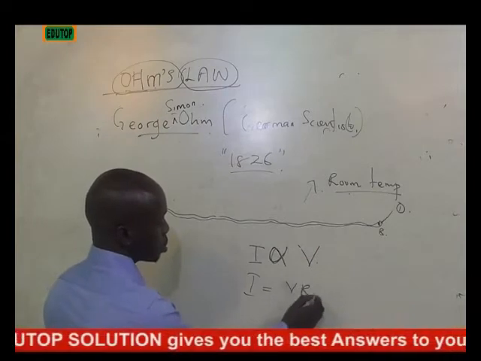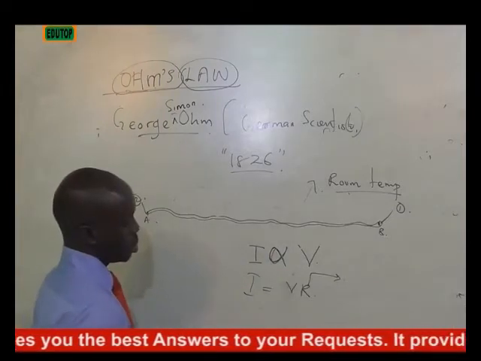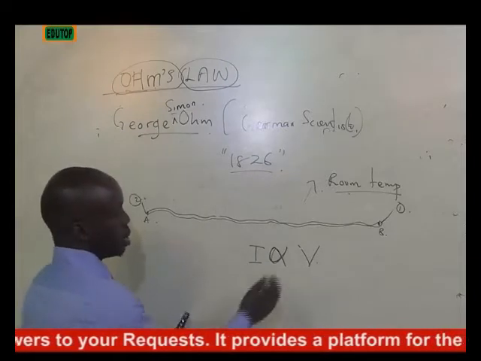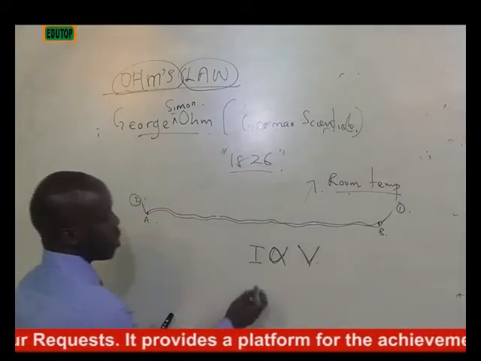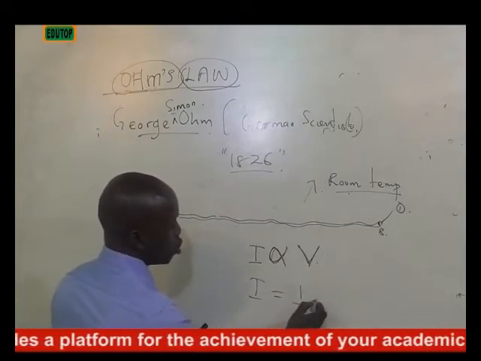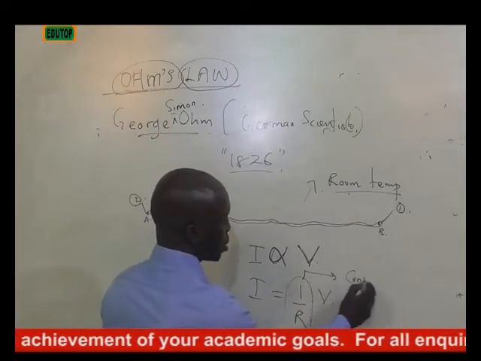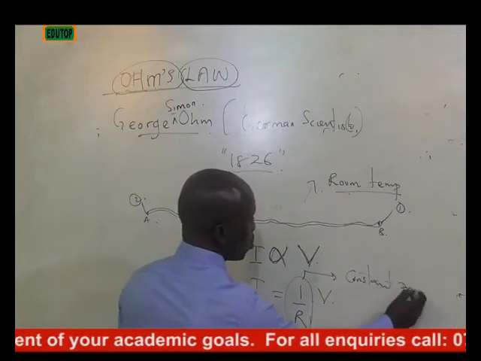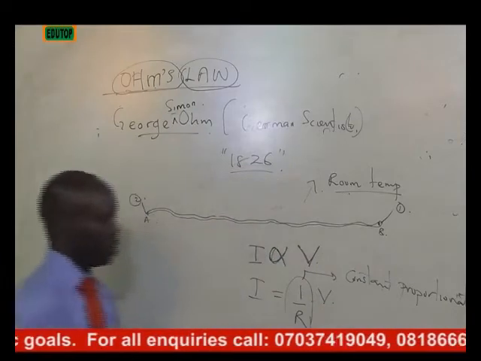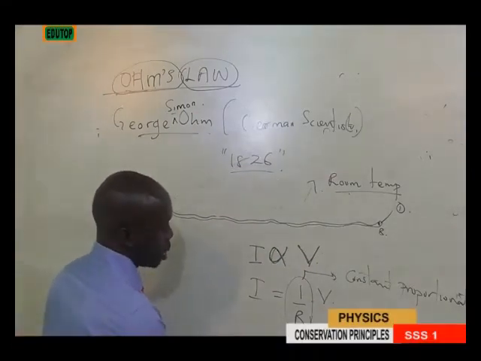There is an error there. The current is directly proportional to the potential difference. Now, if you must bring out the constant of proportionality, it's going to be 1 over R times V. Now, where your 1 over R is your what? Constant. Constant of what? Proportionality. Meaning that if you are to write this definition properly, you now have your I equals